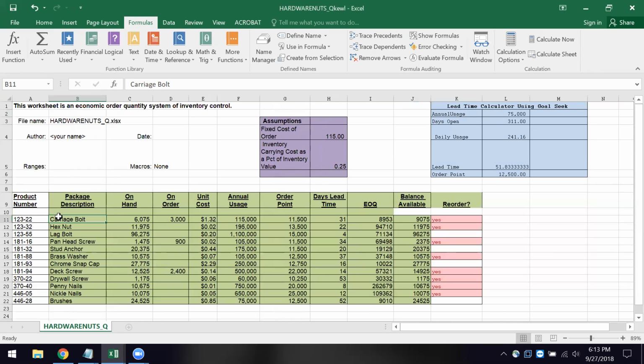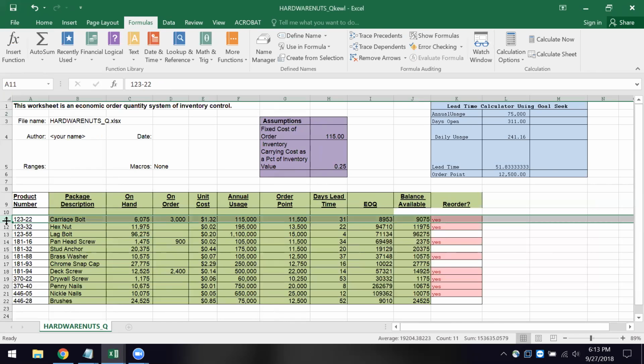Now, let's take a look there at row 11, and what we have here is pretty typical. There's a little bit more bones on it. The package description. Then in column C, we've got, well, let me start with column A. We've got the product number, and I'll just highlight this whole thing so you can see it. The product number, then the package, the product description or package description, how much we have on hand, how much